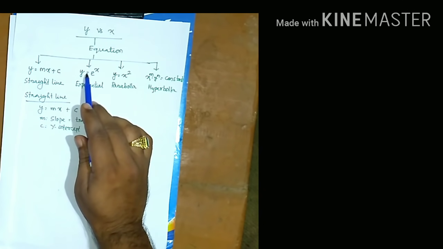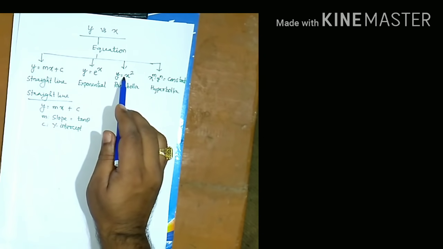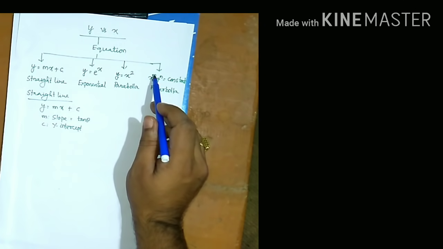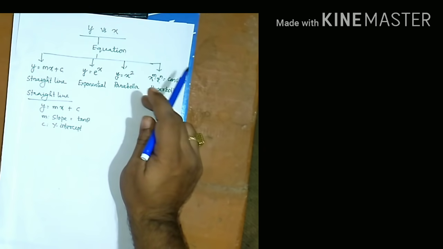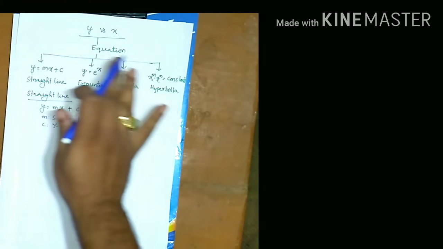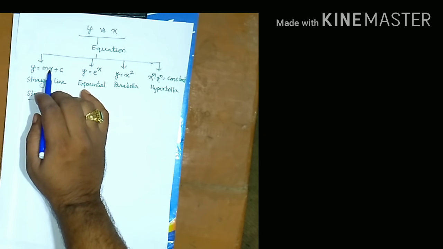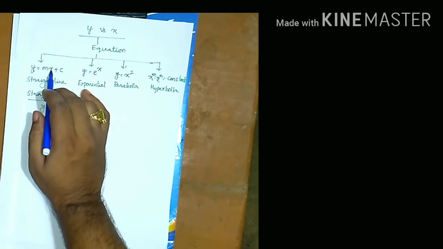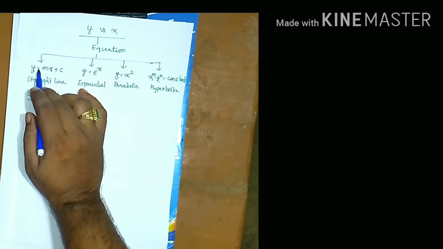Second equation is y is equal to e to the power x. Third equation is y is equal to x square. And fourth equation is x to the power n into y to the power n is equal to constant. If I make a distinction between all these, here is the dependent variable and independent variable. So when both dependent variable and independent variable are on the opposite sides of the equal to symbol,